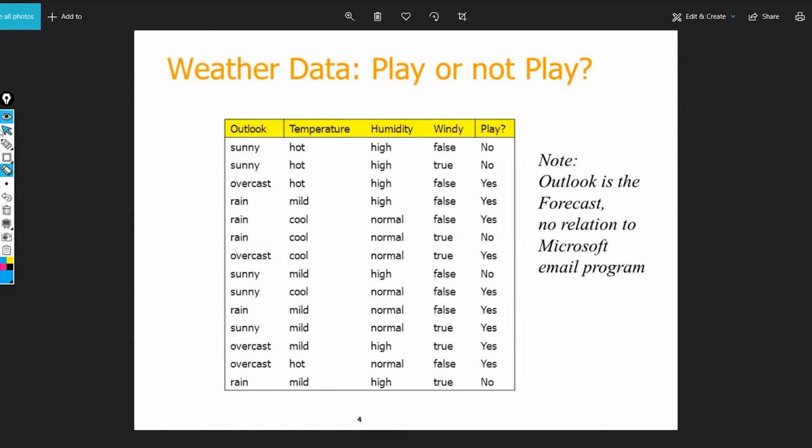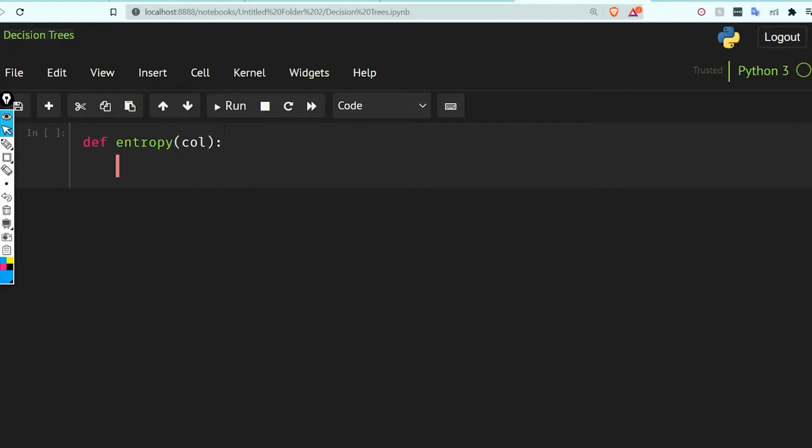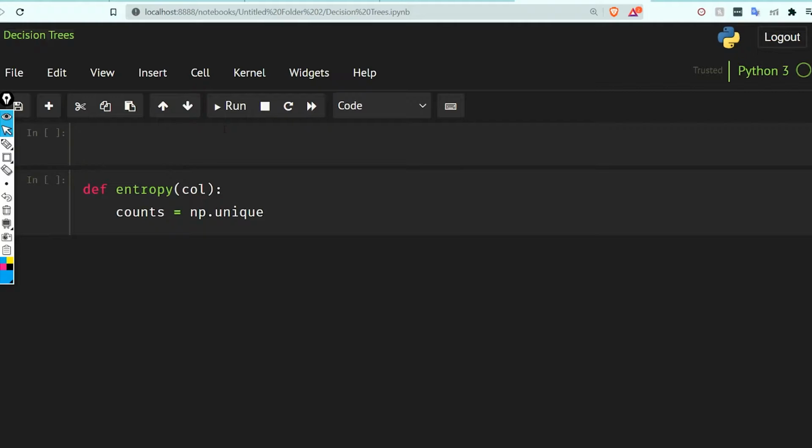It is going to count using np.unique. For this I also have to import numpy as np. So np.unique, in which I pass the column and return_counts equal to True.